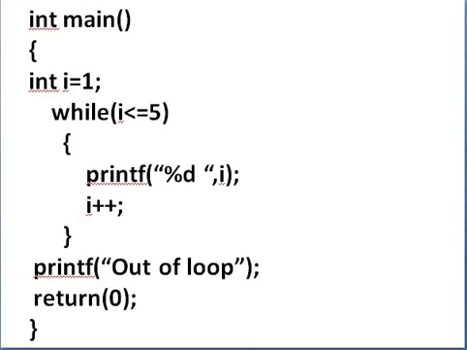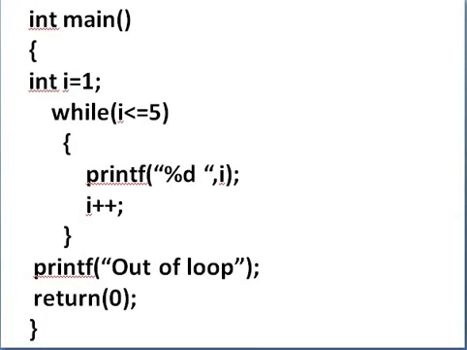Then again check: 2 is less than or equal to 5. Yes. Then control enters this block. Print 2. Then again increment the value of I by 1, so it becomes 3. Here is the closing bracket. Then again control starts with the while loop. 3 is less than or equal to 5.